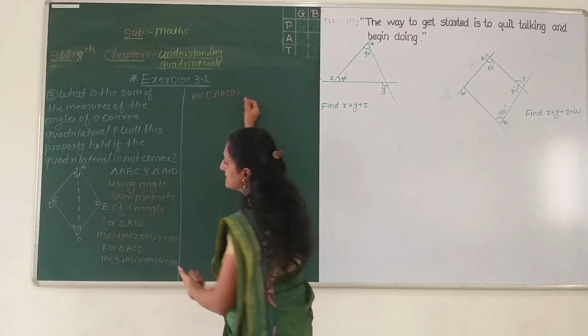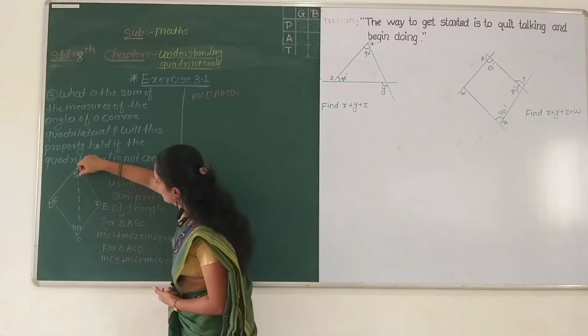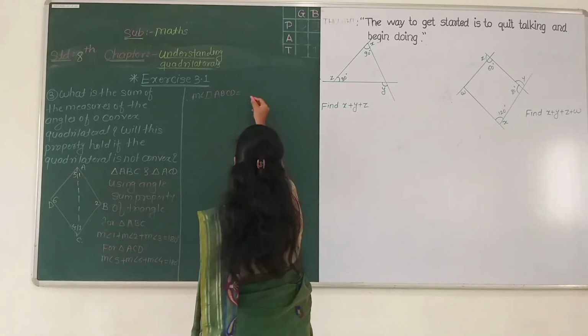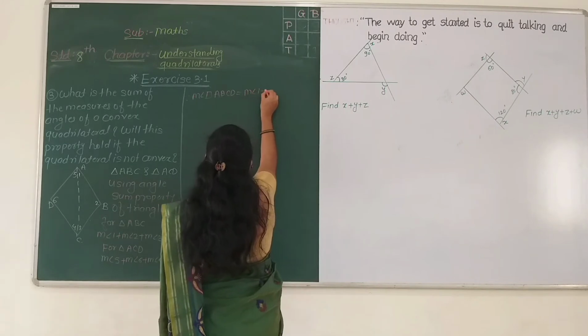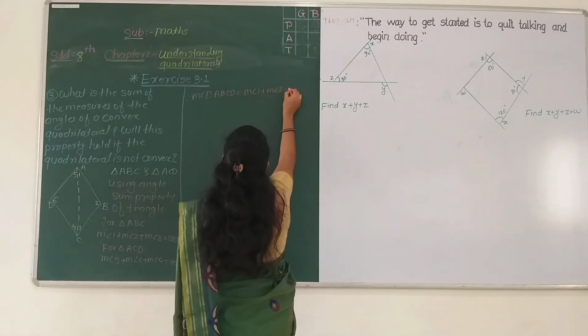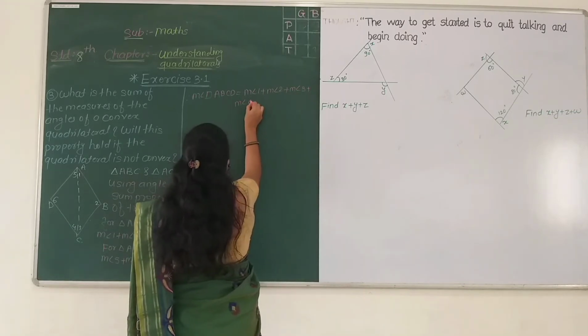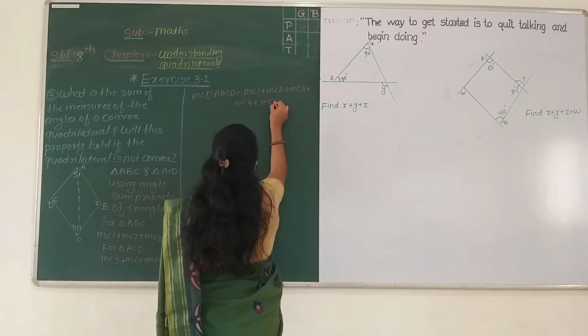We can add all these angles 1, 2, 3, 4, 5 and 6. That is, measure of angle 1 plus angle 2 plus angle 3 plus angle 4 plus angle 5 plus